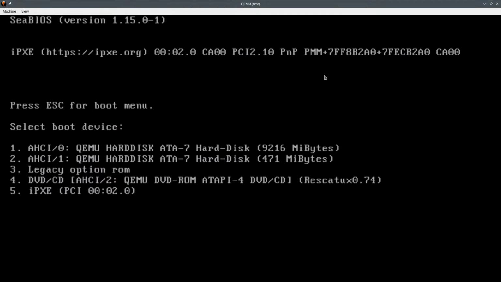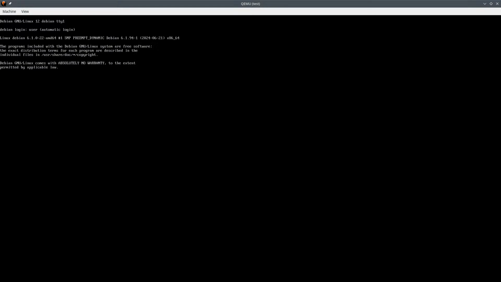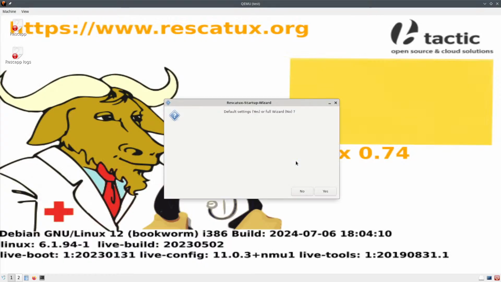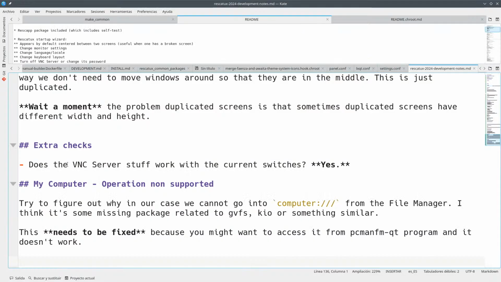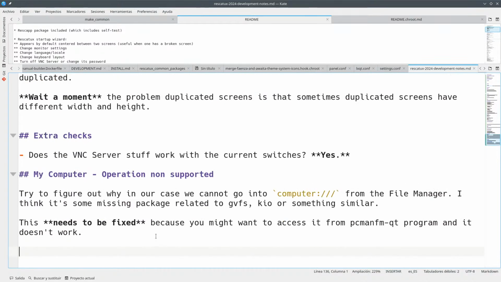So press ask. This is number 4, Rescatux, and we're going to work with that first to see how it looks, because now the background should be shown properly and so on. Yeah, and the wizard is working. There's this back with the 3 seconds thing that we have said that maybe we want to just have a duplicated screen, but in order for that to be working,